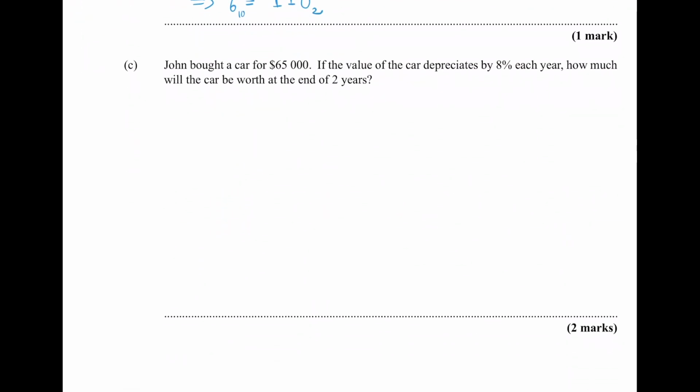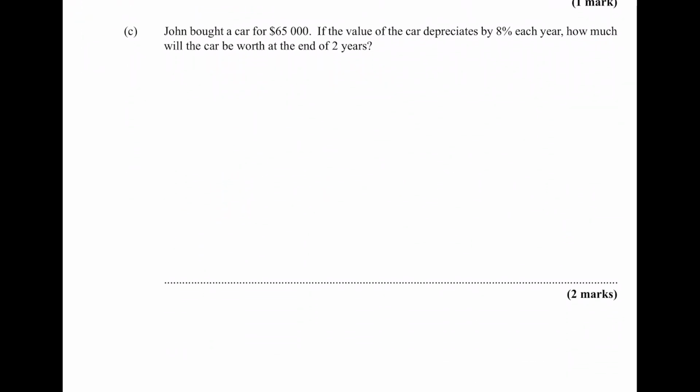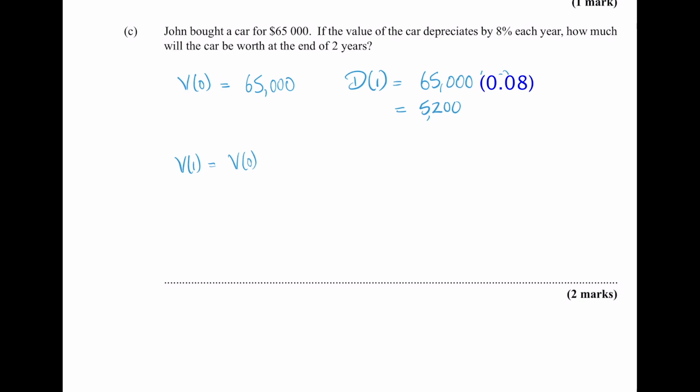Part C gives us the following. John bought a car for $65,000. If the value of the car depreciates by 8% each year, how much will the car be worth at the end of 2 years? So the value at time 0 is equal to 65,000, right? We can calculate the depreciation for the first year as 65,000 multiplied by 8%, which gives us 5,200. Then we can calculate the value at the end of year 1, which is equal to the value at time 0 minus the depreciation. So this gives us 65,000 minus 5,200, which is equal to